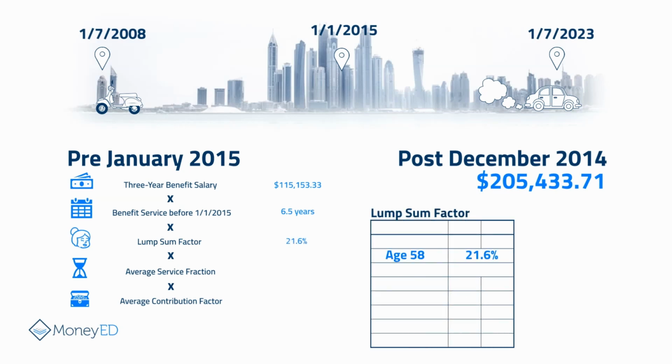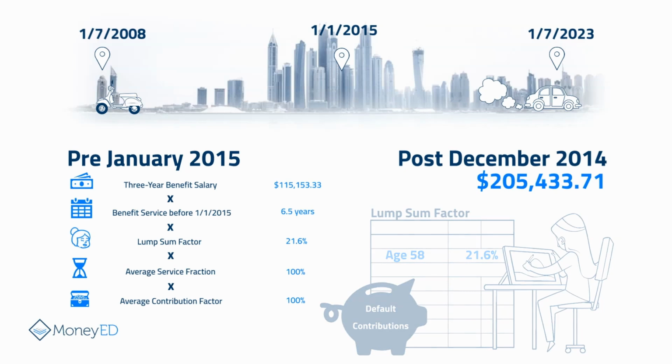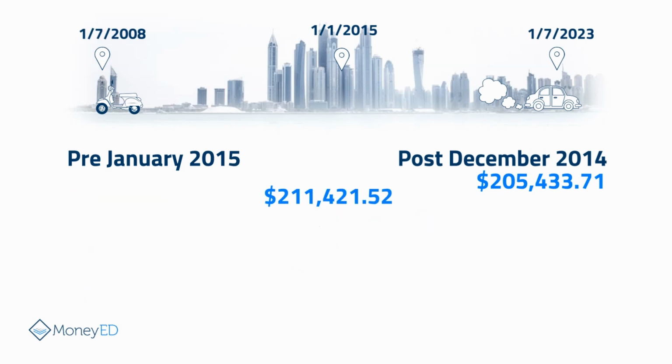Her lump sum factor is 21.6% in line with her age, and Kelly's average service fraction is 100%, having worked full-time since starting. And again, Kelly's average contribution factor is 100%, having made default contributions since starting. Multiplying all these elements together provides Kelly with a pre-January 2015 part of the defined benefit of